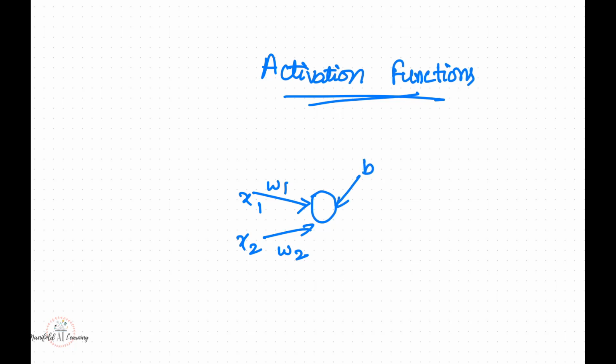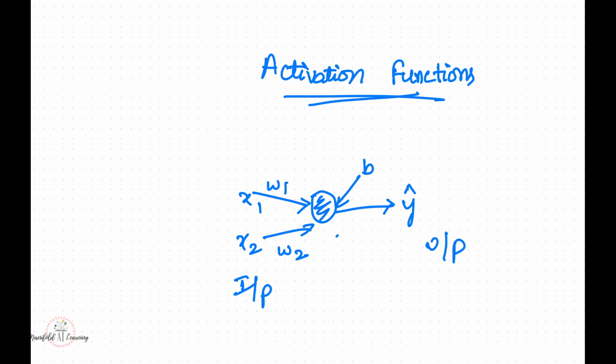I hope you guys are aware of the bias term. If you're not aware, please let me know in the comment section and I'll be happy to add one more video to explain the importance of the bias term when it comes to deep learning. Okay, coming back to the topic. So we have a bias term b, and some calculation will happen inside this neuron and give me an output, which I'll call y hat. So x1, x2 are inputs, this is a neuron, which is a perceptron, and y hat is my output.